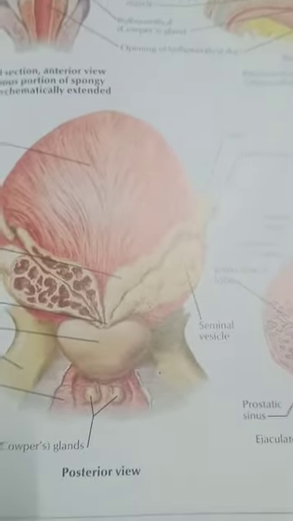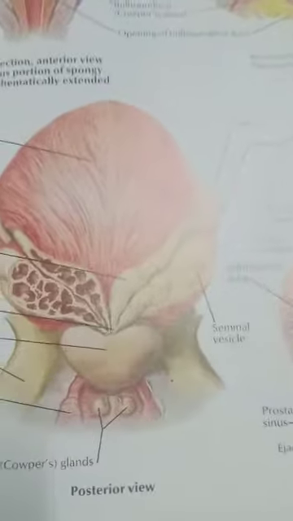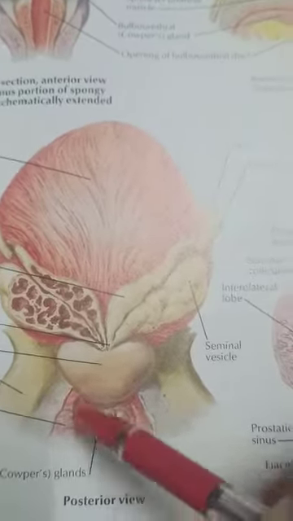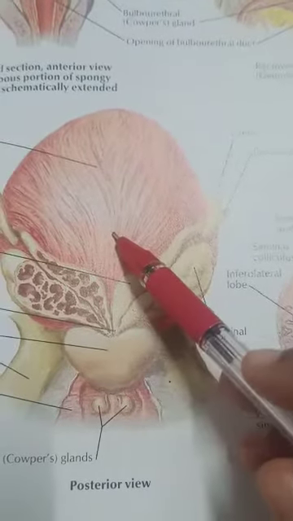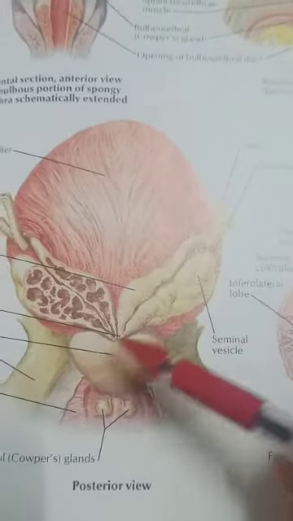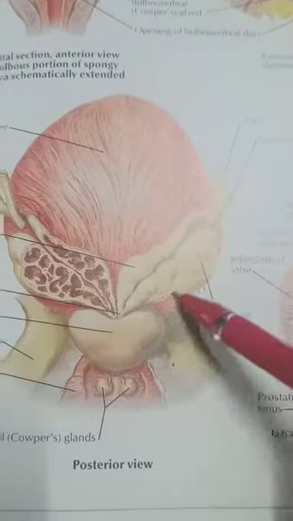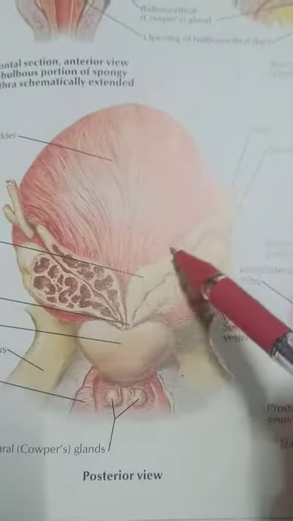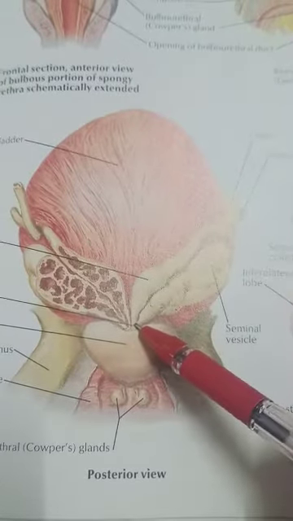Students, now we can study about the prostate gland. It's a part of the male reproductive system. So this is the prostate gland. Here we can see the urinary bladder. Here comes the prostate. These are the seminal vesicles we already studied. These are part of our vas deferens, which forms the ejaculatory duct here.